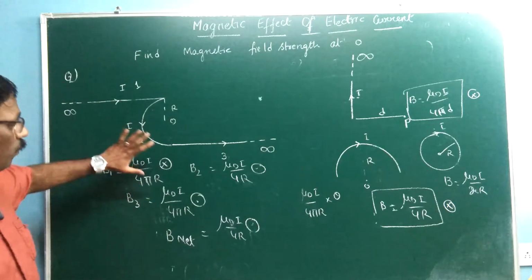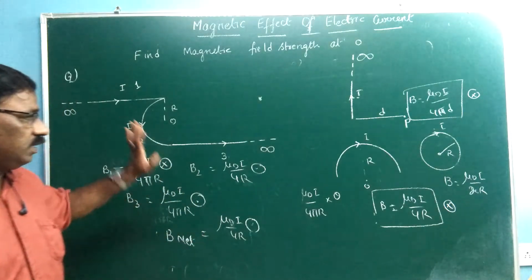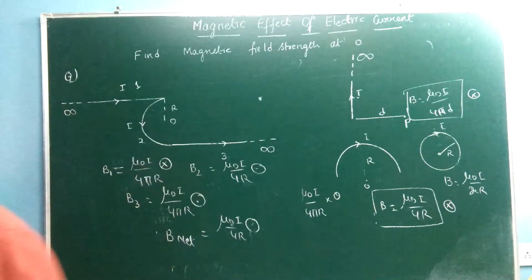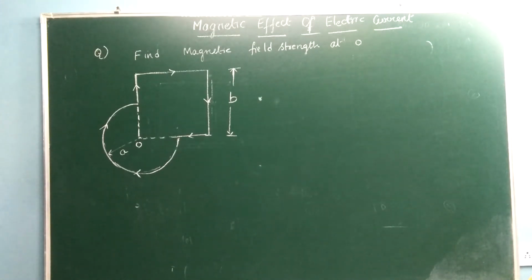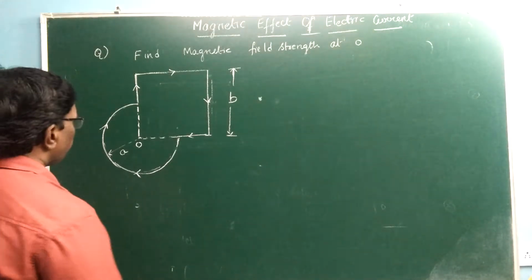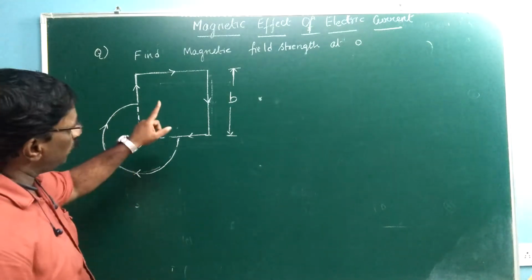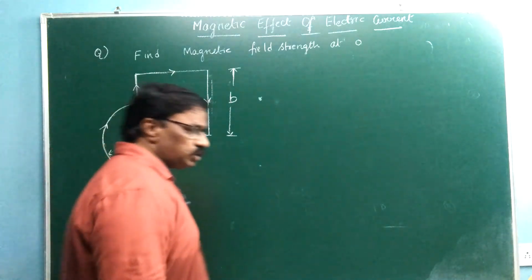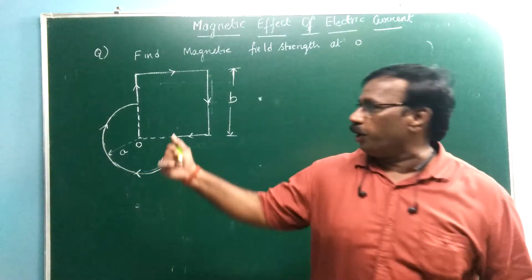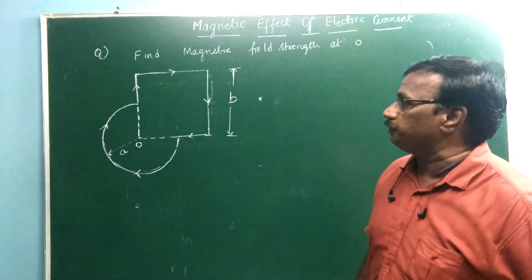Whenever we get a combination of straight and circular coil, this is the condition. Understood? So see this configuration. Next question. Both a circular coil as well as a square are there. These are finite wires, meaning whose length can be measured. The question is the same, find the magnetic field at point O because of this configuration.